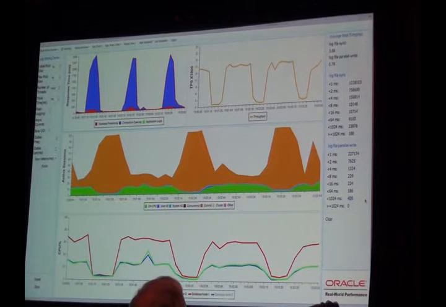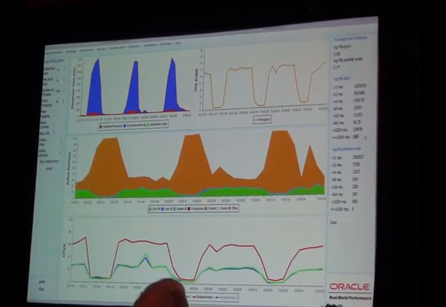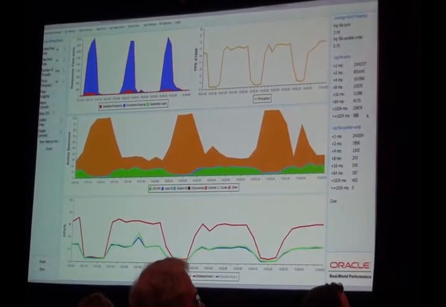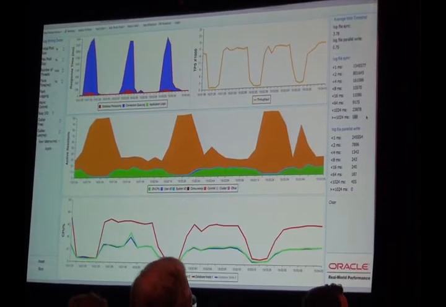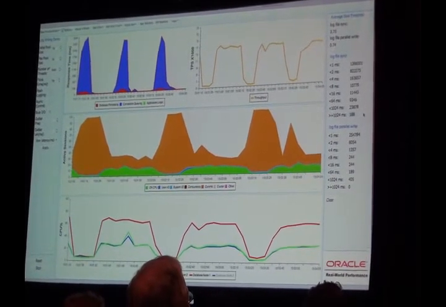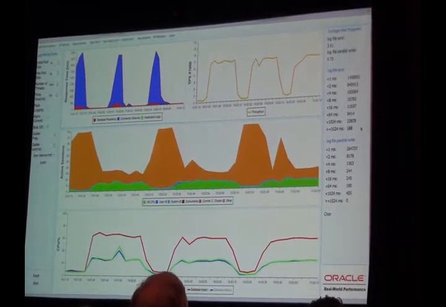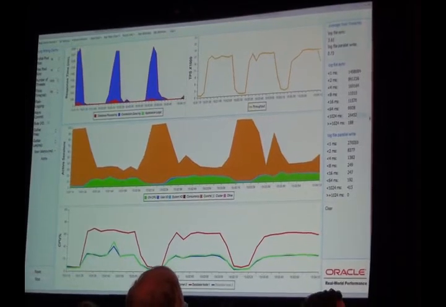We've had a number of them that have taken over a second, even though the vast majority are going very quick. Are you telling me that some of the IOs took over a second to just write a few bytes out? Well, we don't actually have any log file parallel writes that are over a second, but we have quite a number between 64 milliseconds and a second. So, yes, there are some very slow IOs going on here.